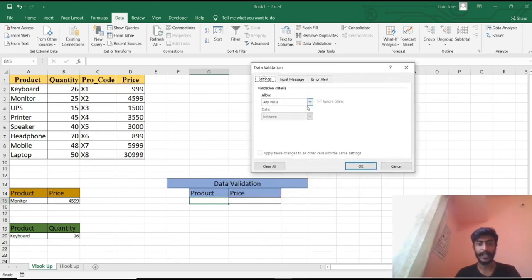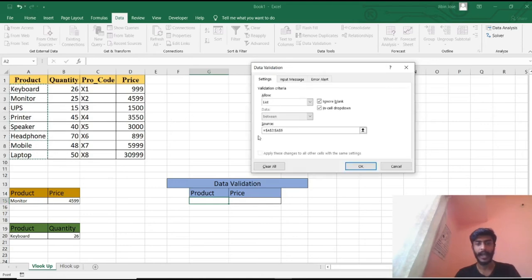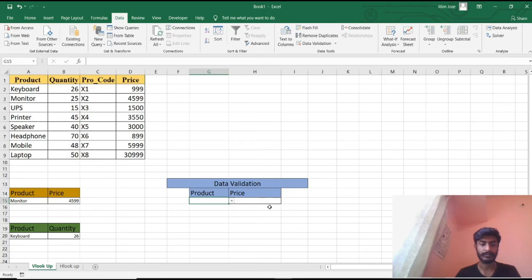Okay, so in data validation, you can see in the settings there is an option called any value. Instead of doing that, I want to put in a list. So it has asked me what source of list is required. So I press on it, and for example, I need the list of products. So I'll take the entire list of products here, and it will be automatically selected, and press OK. So here you can see an arrow and all the list of the products has been showcased here.